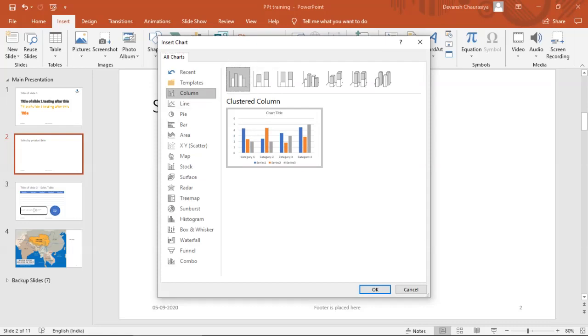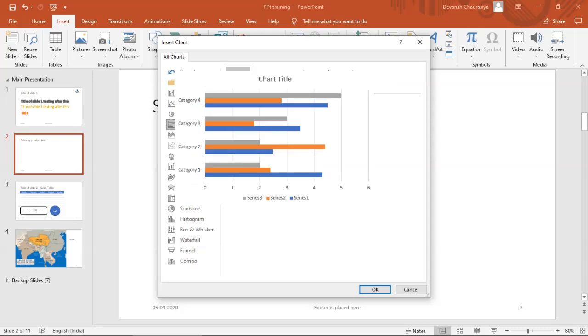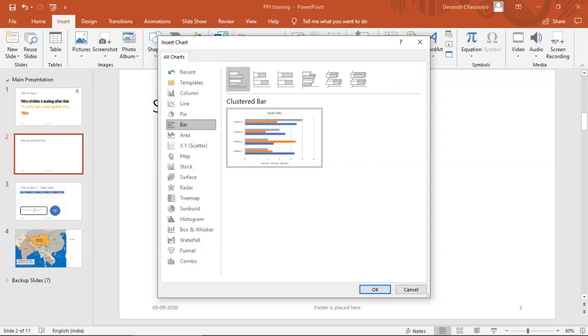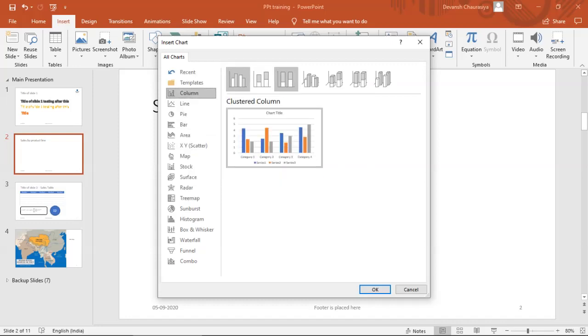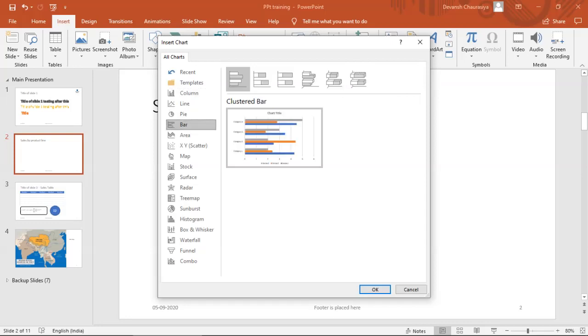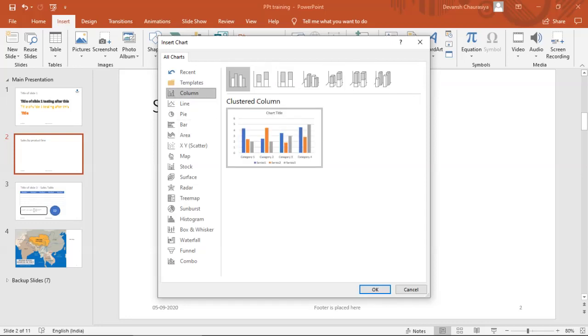Bar and column are almost the same, except in column we have seven options in view, and in bar we have one less. Let us say I want a column chart.